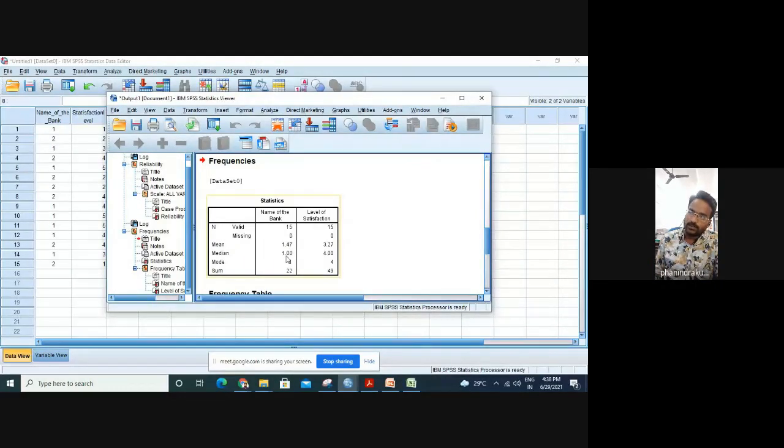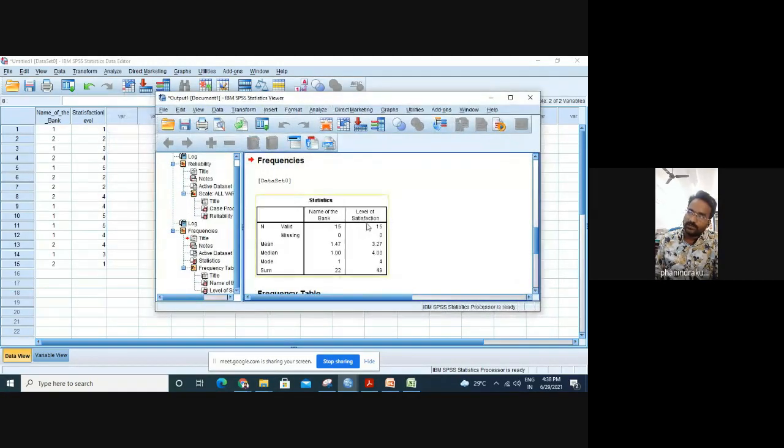The median value is 1, which is the most repeated one. And the mode value is also 1. And the sum of values, you can count this, and you'll get 22 as the value. Then the second one is level of satisfaction. For level of satisfaction, the total number is 15, with the same mean, median, mode, and